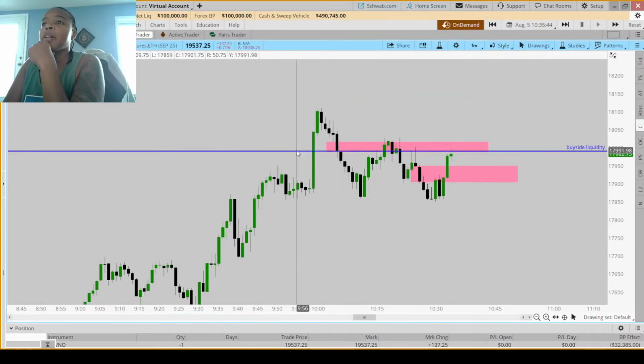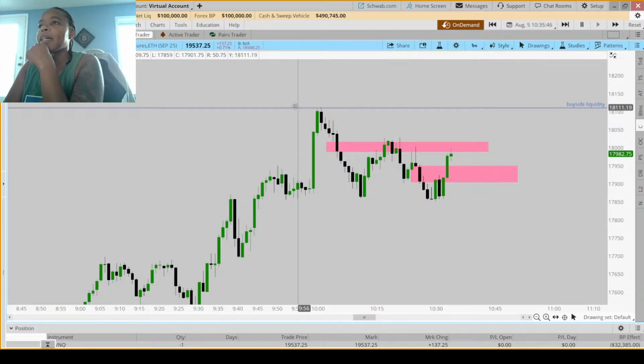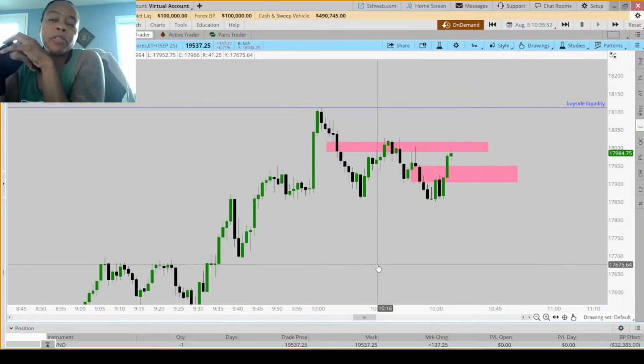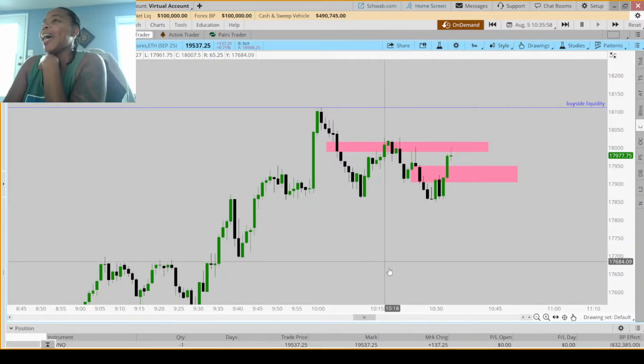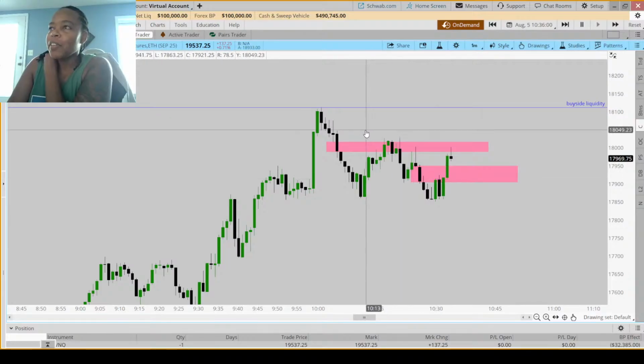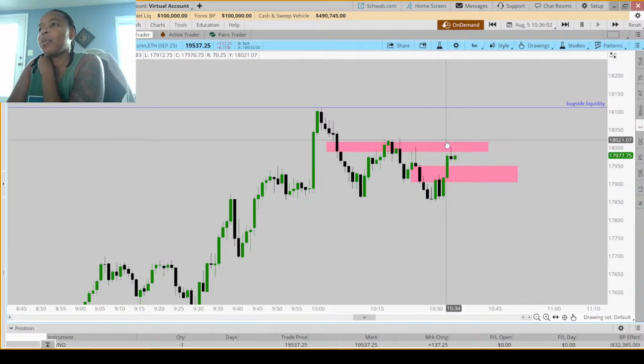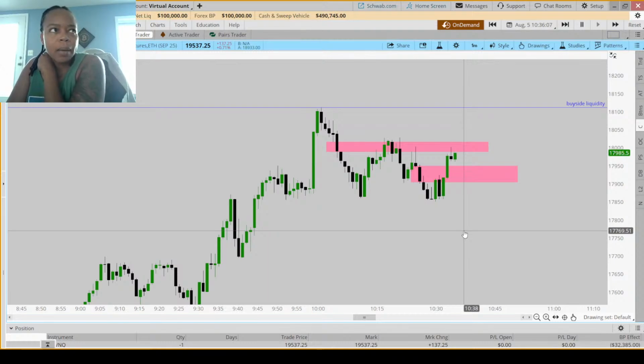So I'm going to move this up because technically this is new buy side if they want to come back up. My other option now is if before 10:45, before 11, they choose to take the highs out again. Honestly, they don't even have to take the highs out. If they want to take this out with a wick, and then drop and give me structure, I would also take that because I have to also get comfortable with the whole internal liquidity thing too.